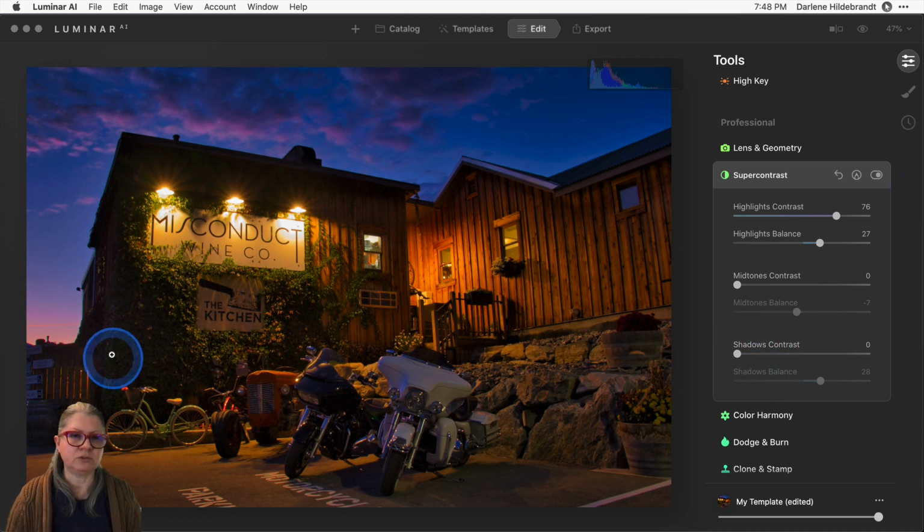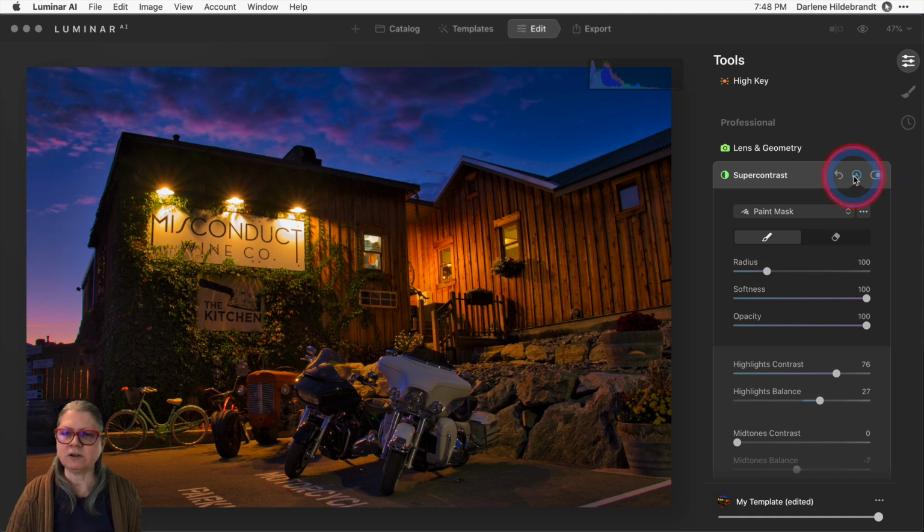I really like what this tool is doing on the left side here on this part of the sky, but not what it's doing in the upper right corner or on the building or the sign. So this is where masking comes in handy. So click the middle little icon here on the tool. The right one is disable, mask, or reset. So click on the masking tool. It looks like a magic marker.